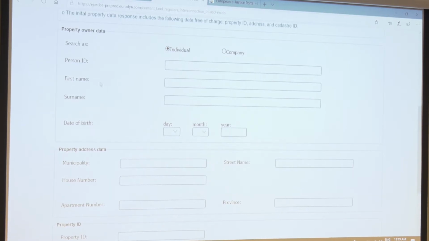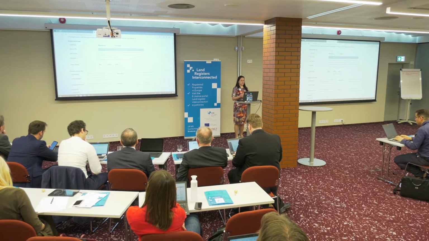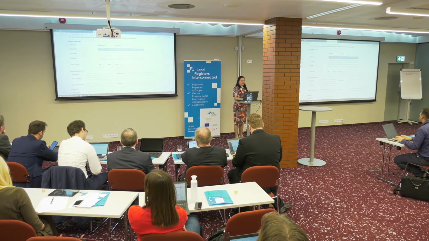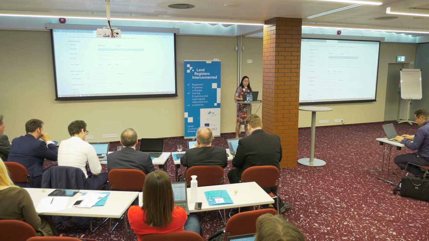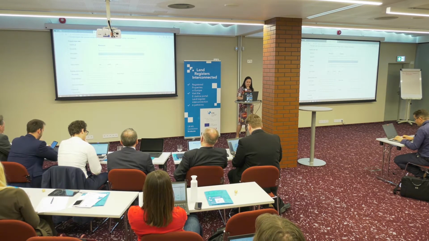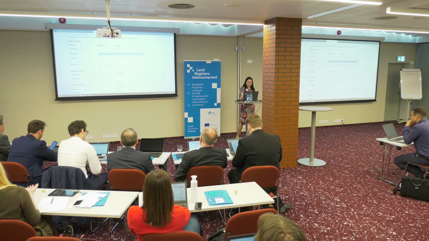We are able to show the search box for property owner data, where people can choose searching the personal code of the person, which is very typical in Estonia. We use personal identification code quite widely to search information from different places. And then we have this one guy. We should look him up in Estonia. His name is Jaak-Kristjan Jõeorg.